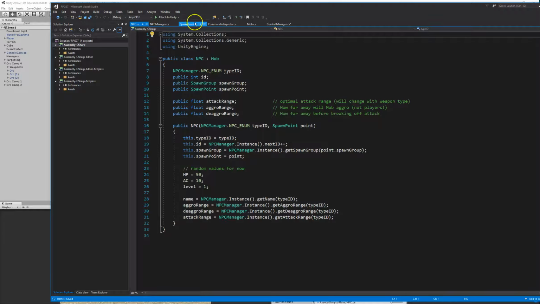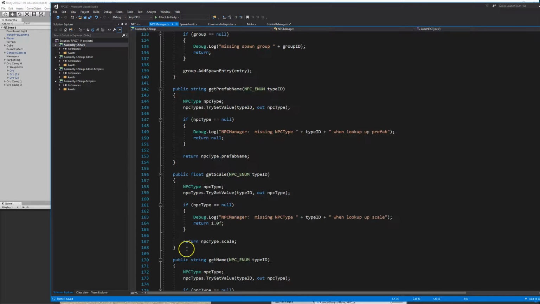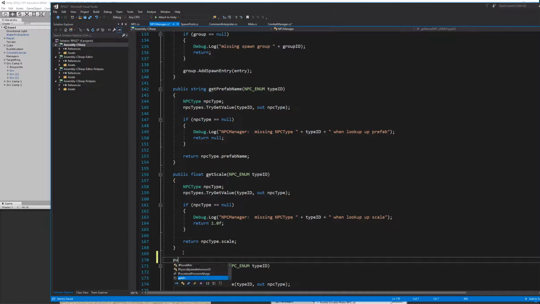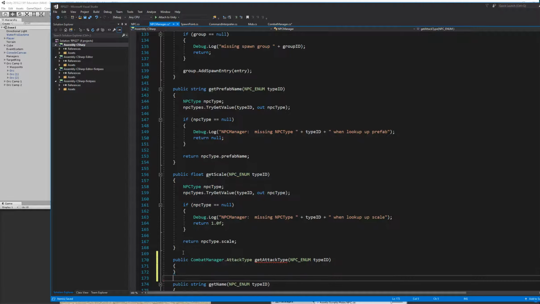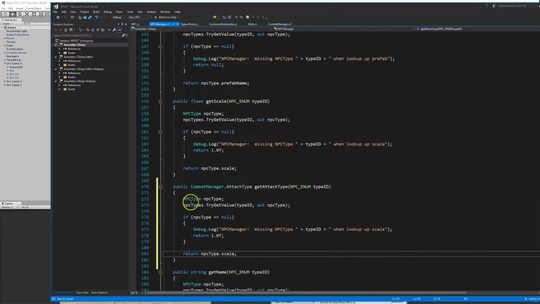So what we'll want to go back down here to NPC manager while I'm thinking about it is, since I created this new variable, I'm going to create a new accessor here, public combat manager dot attack type, and that's get attack type. And this will take an NPC enum type ID, just like everything else. And I will just copy this body here, since that's a pretty standard thing of looking up in the dictionary,